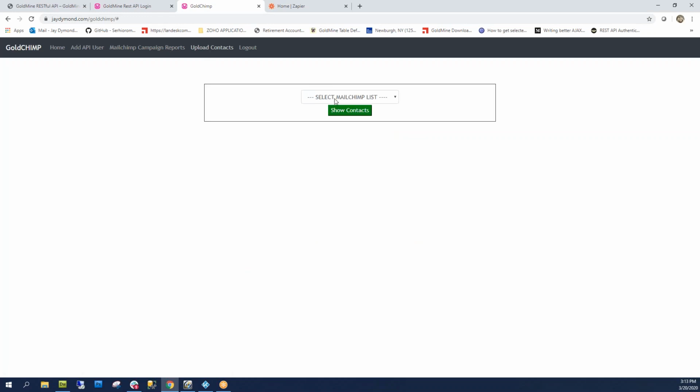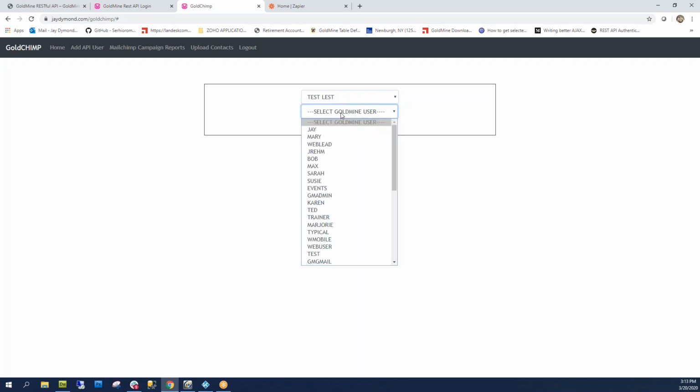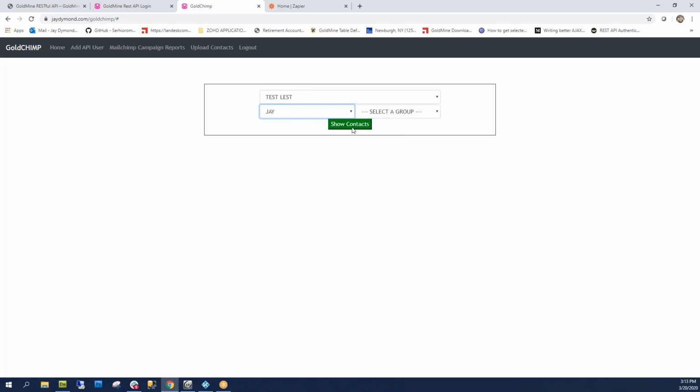Now, the other thing we can do is obviously I want to upload a list from my GoldMine to MailChimp. So I'll use a test list here. I've got a test list. This is going to make an API call to my GoldMine and give me a list of all my GoldMine users. So now I'm accessing my API to say, hey, give me a list of all the GoldMine users. I'll choose myself. This is a list of all my groups in GoldMine. I can say I want to choose,